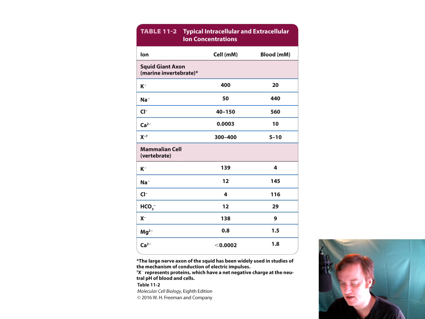So let's look at some examples of intracellular and extracellular ion concentrations. The giant axon of the squid, as you can see down at the bottom here, is widely used in studies of the mechanism of conduction of electrical impulses because it's very large, easy to obtain, you can't really use humans, etc. If we look at the concentrations of ions within a nerve cell versus the extracellular environment, which would be the blood in this case, you can see that there are big discrepancies where calcium's a lot higher within the cell, and sodium is much lower compared to the extracellular environment, and so is chlorine ions, and calcium's